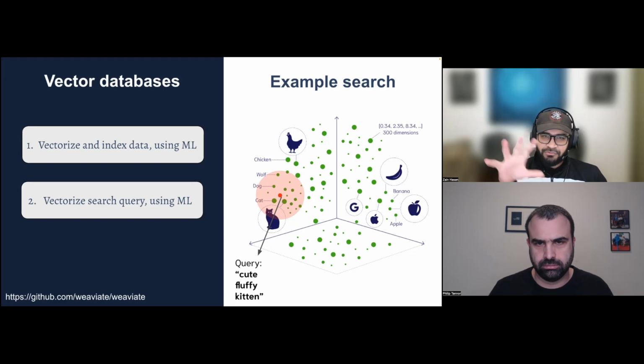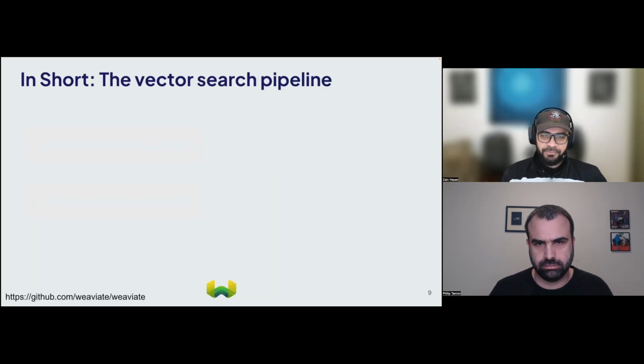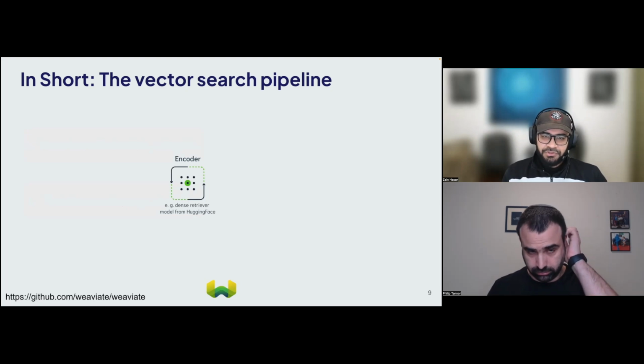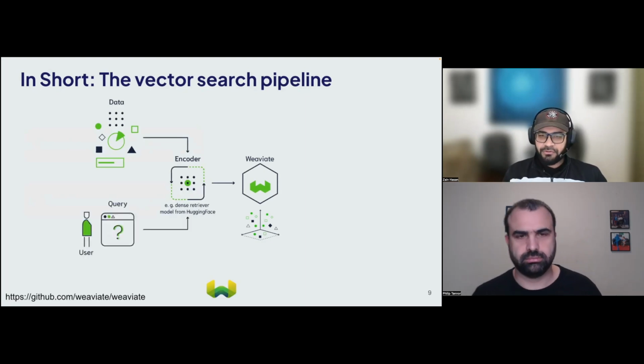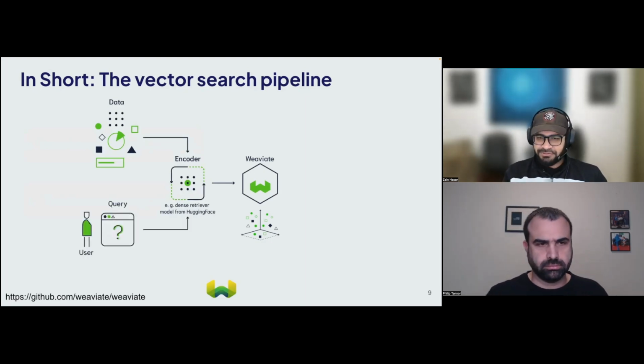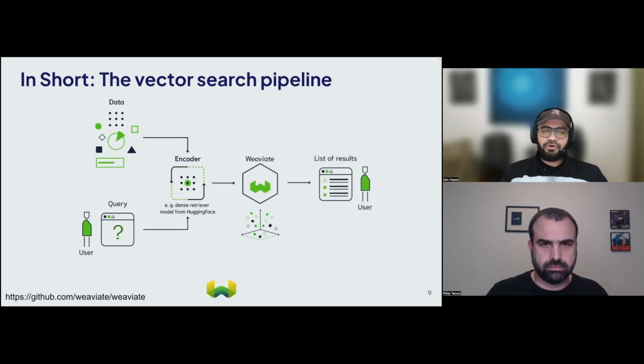And so if you think about the whole vector search pipeline, you start off with this encoder, the machine learning model. You pass in your data. You take the data and you store it into a vector database. You take the user's query, you project that into a vector space as well, into the same vector space using the same machine learning model. And when you do that, you get out a list of ranked results from your data that are the most semantically related, the closest to the input query.